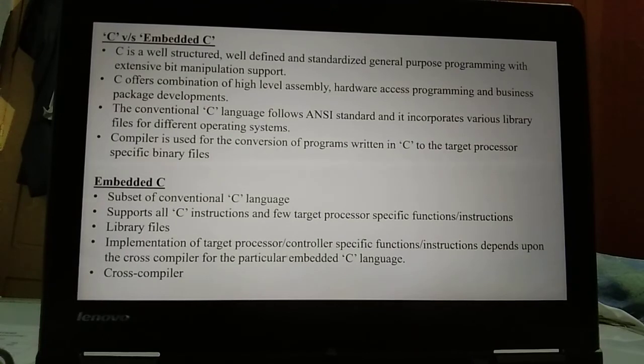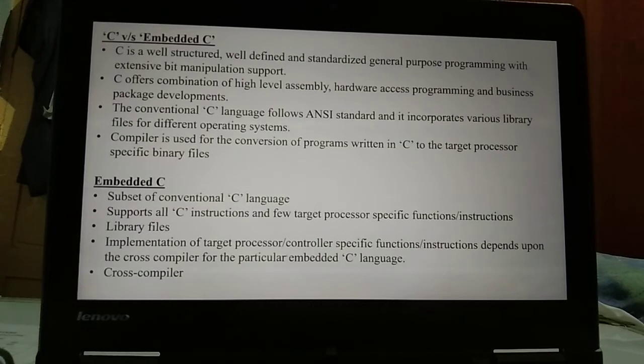The library files of ANSI C are always being improved, compared to the library files of embedded C. Implementation of target processor or controller specific functions or instructions depends upon the cross compiler for the particular embedded C language. Software called a cross compiler is used for the conversion of embedded C instructions to the target processor specific instructions.